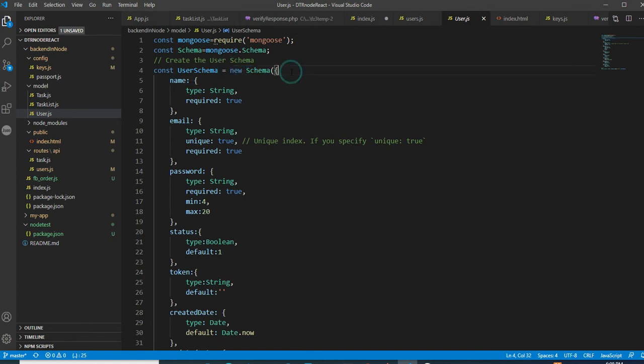One more thing I want to say is that all this syntax you will get from the documentation of mongoose. So don't worry about how you will know that after mongoose, if you write dot Schema, then you can access the schema. You need to follow the documentation.